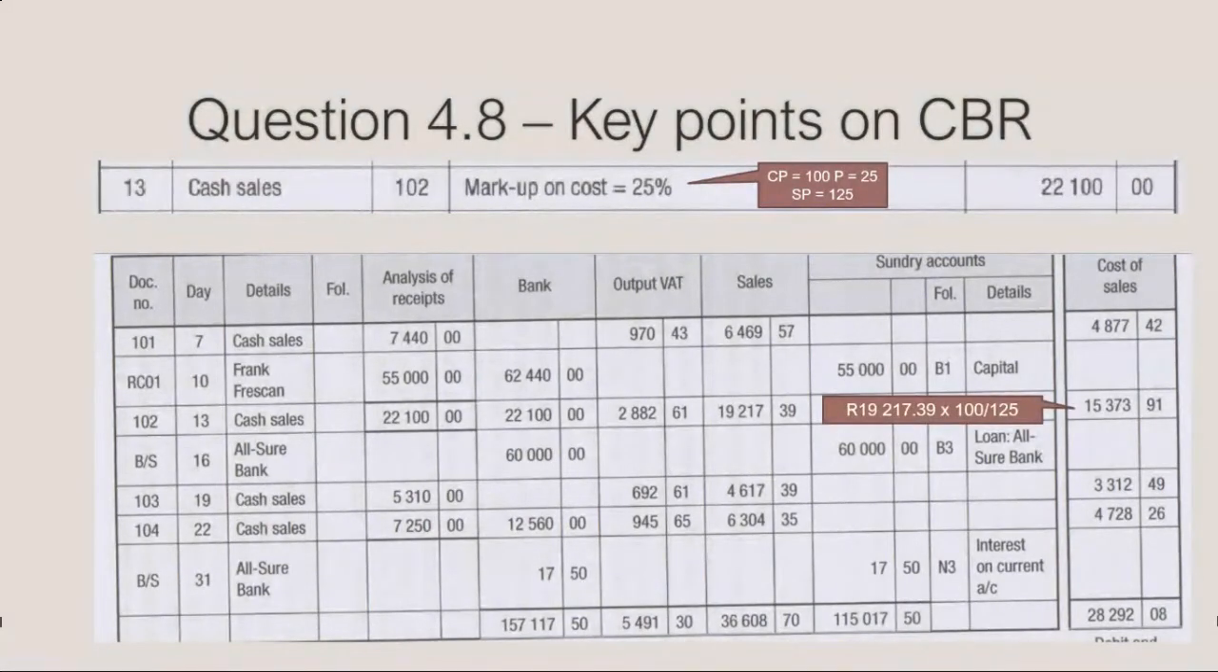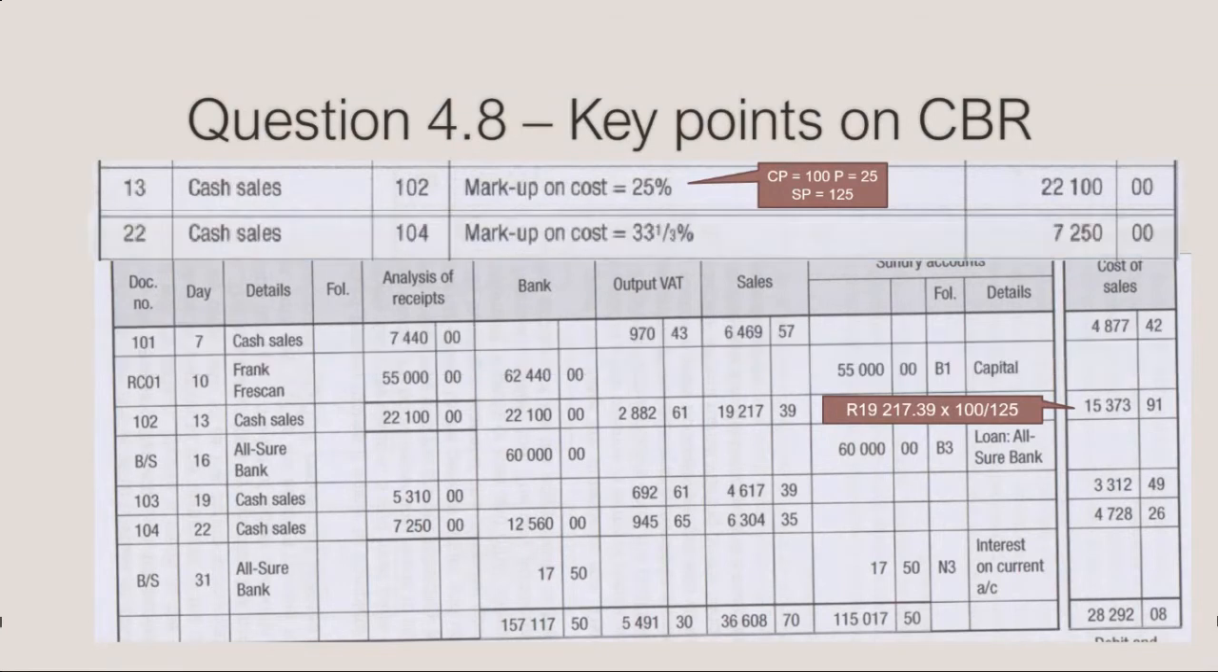So how we worked out the cost of sales on line item 3, you would see we took the 19,217. So that was the sales value excluding VAT. And we multiplied, we wanted to work out what is the cost price. So we want to know what's the 100%. And we divided by the 125 because we're taking the sales amount, which is 125%. And that's how you got to the